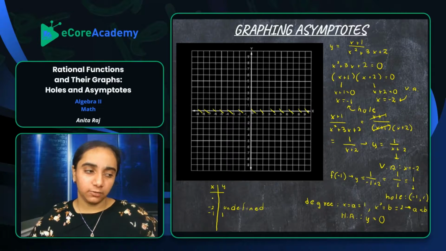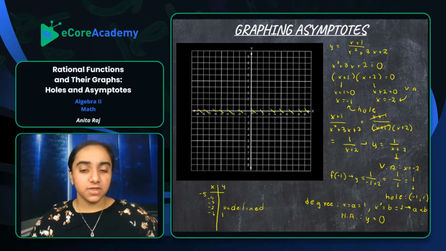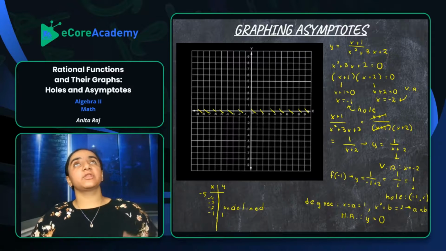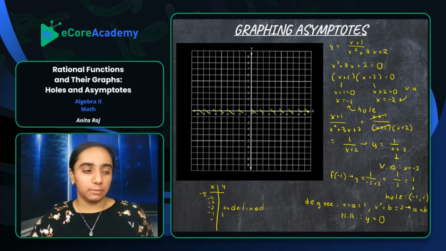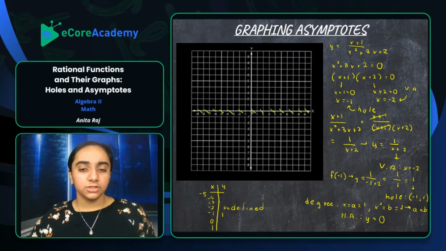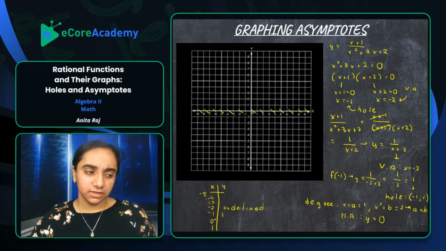Then above x, I'm going to pick 3 values less than negative 2. So negative 3, negative 4, and negative 5, and then negative 1 underneath. And then I'm going to pick values greater than negative 1. I'll do 2 values greater than negative 1. So 0 and 1. So then what I'm going to do is plug each of these in